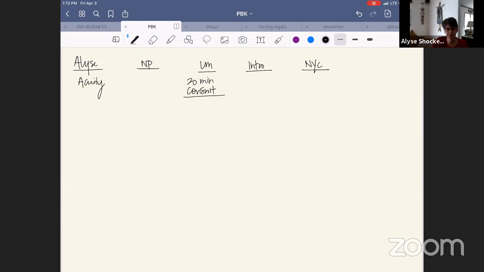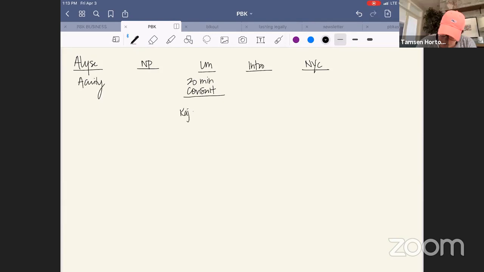Okay, so what does it say at Kajabi? They're on a page, obviously, and there has to be a form, right? Just opting in.